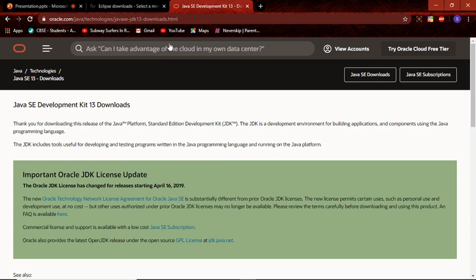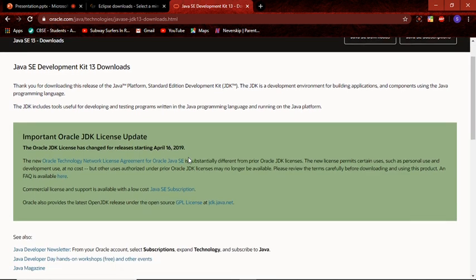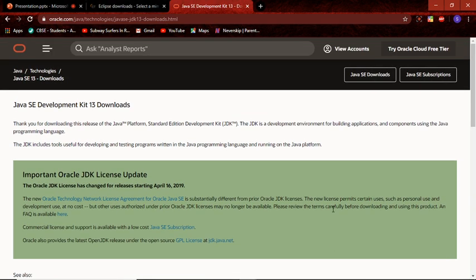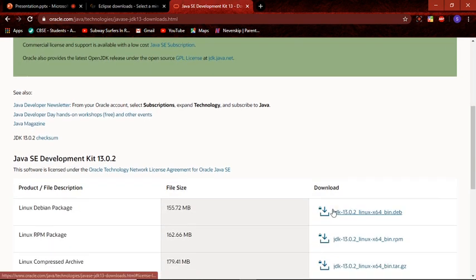So for downloading JDK, you need to go to this site. What is JDK? JDK is a Java development kit. Okay, and this is actually important for IDEs. Or you can just go in the IDE, it will give an error and it will give the solution over there only. You can download from there. But before downloading Eclipse, I want you to download this Java development kit.